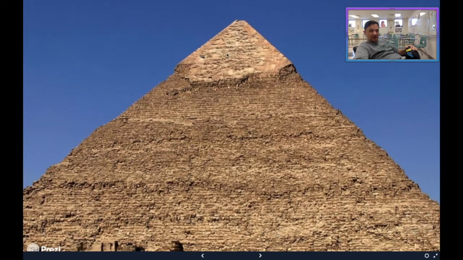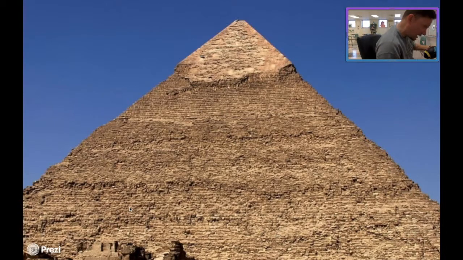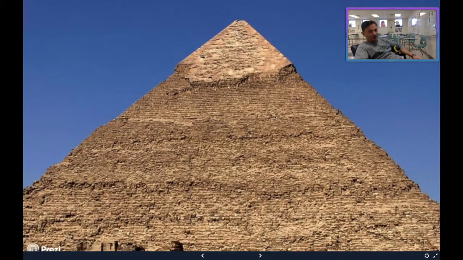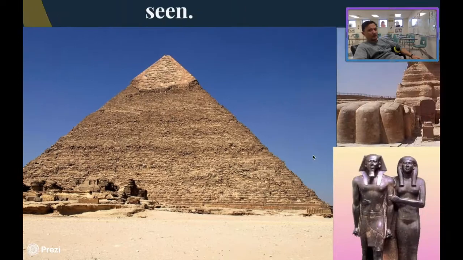But as you can see, the smooth part's all been harvested away and it's all gone. Now, is that natural or is that going to be a man-made issue? It actually is man-made because when the Egyptians fell much later on and they started building the modern-day city of Cairo, they actually harvested a ton of limestone off of their ancient site and used it to build the city of Cairo, which is really, really sad.